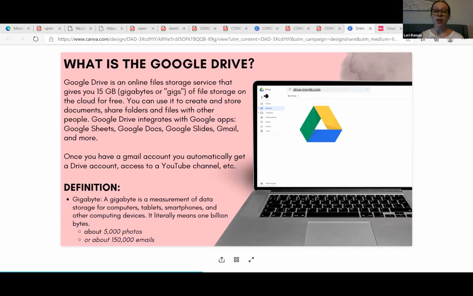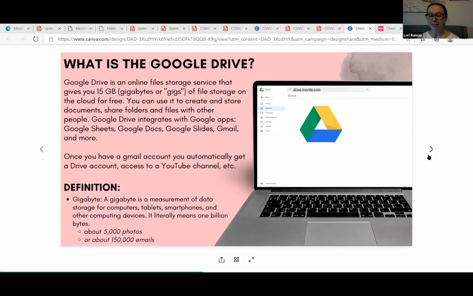How secure? So this conversation, we're not going to deep dive on security. In general, Google will tell you it's not the most secure option ever. They don't usually recommend storing passwords and things, but to each their own. Use your own judgment and personal preference, or you can speak with someone who specializes in online security. I don't want to step too much over that because I'm not a specialist in security, but a lot of people run their businesses on it. I can say I do, and I've never had a problem because I back up my drive another way as well. Again, I don't want to confuse or get too deep into something, but I think that can give you a general sense. So we're going to go to the next slide, but keep the chat live.